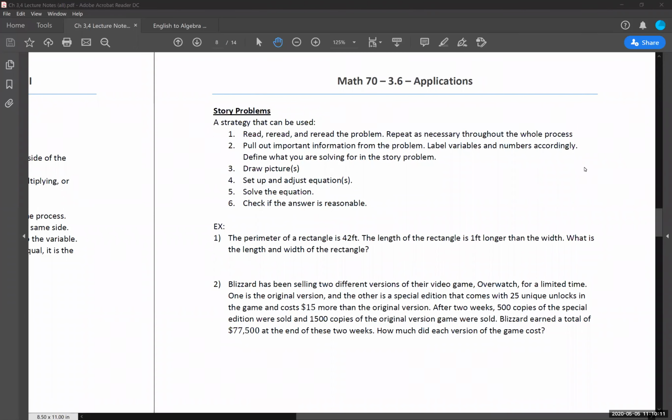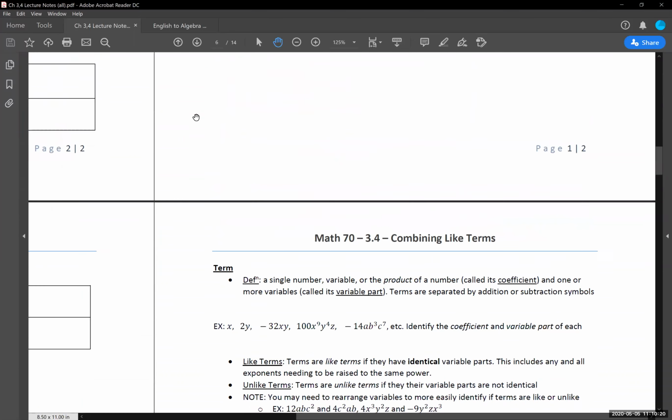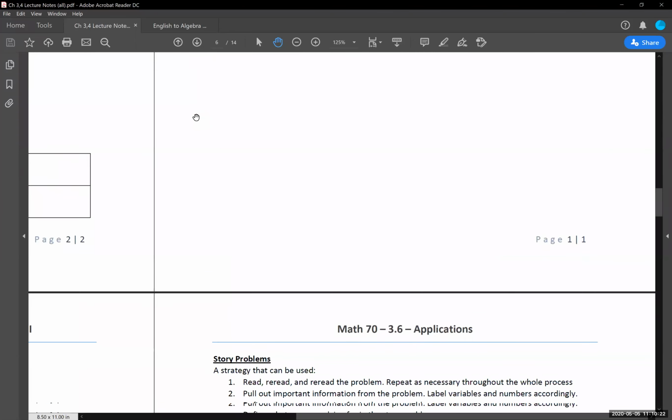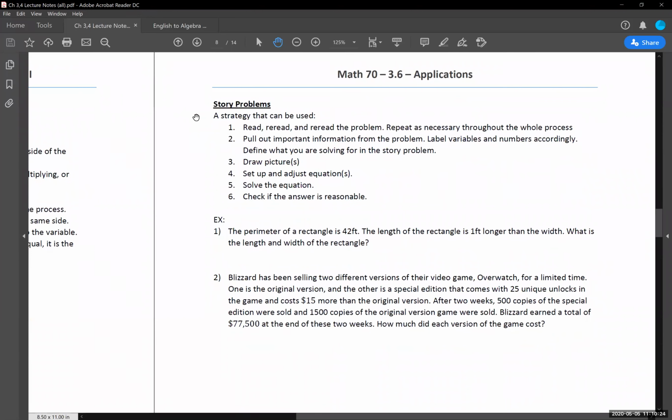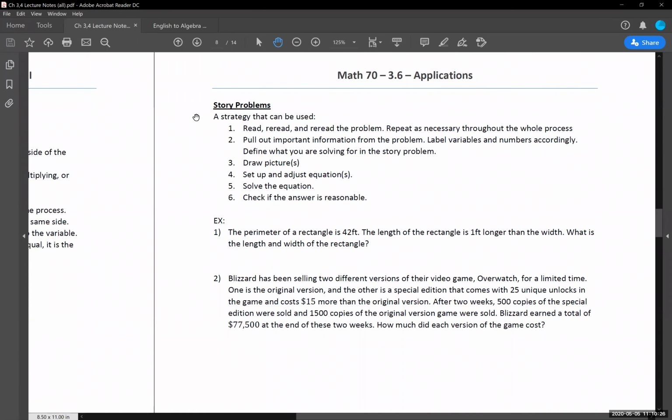Okay, so our material for today is going to be covering, again, 3.6, working with applications, and as you can see from the first slide that we have there, first header that we have, working with story problems. Now again, I'm hoping it's been made abundantly clear up till now, but I can only say it so many times and try and emphasize it.